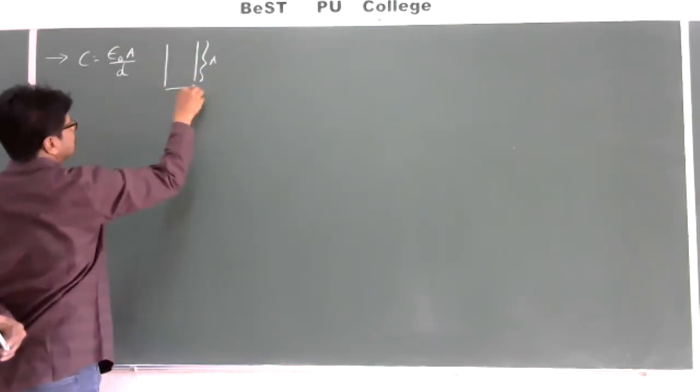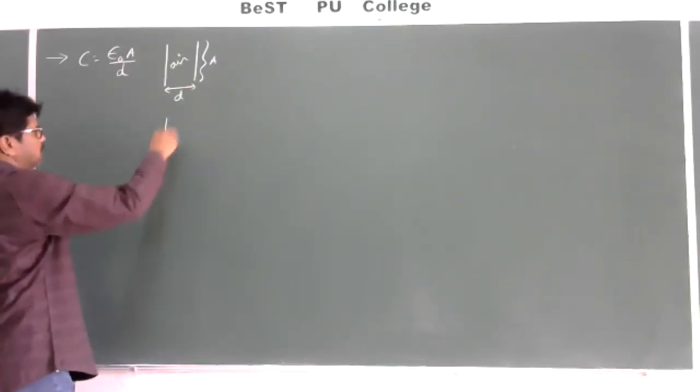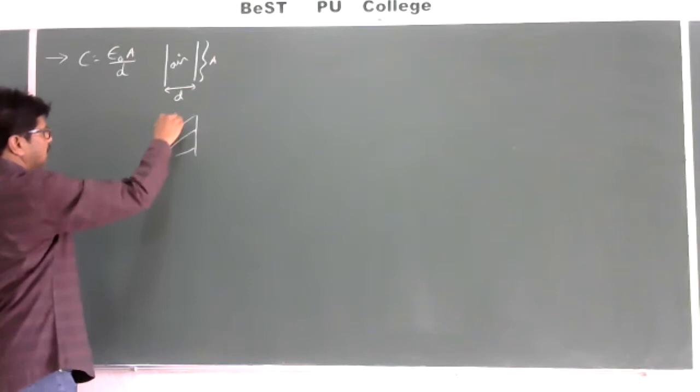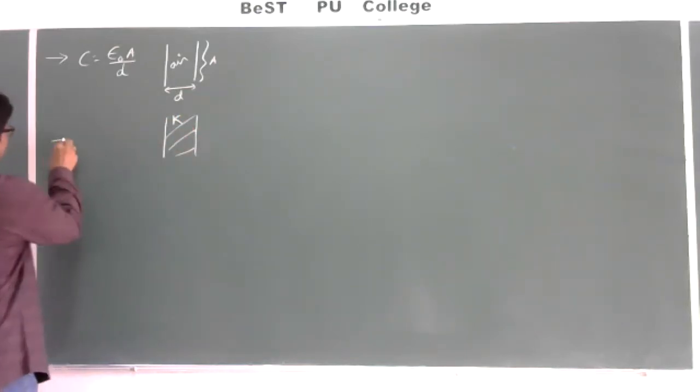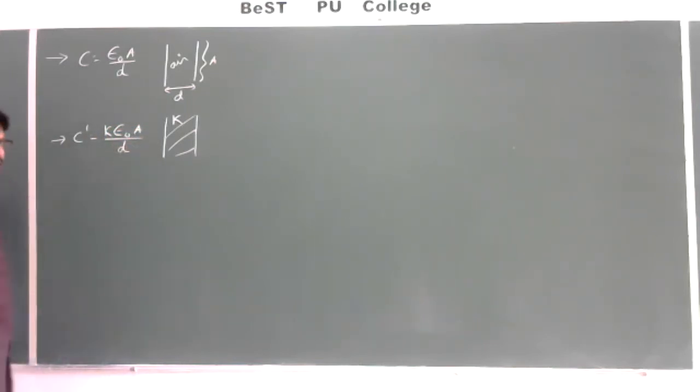one is the capacitance of a parallel plate capacitor. C is equal to epsilon naught A by D, where A is the area of each plate, D is the distance between the two plates. And if the medium is air, C is equal to epsilon naught A by D. If the space between the two plates is completely filled with a dielectric, then the formula to find out capacitance is K epsilon naught A by D, where K is the dielectric constant value.